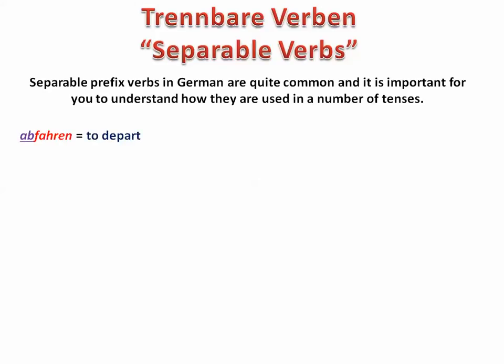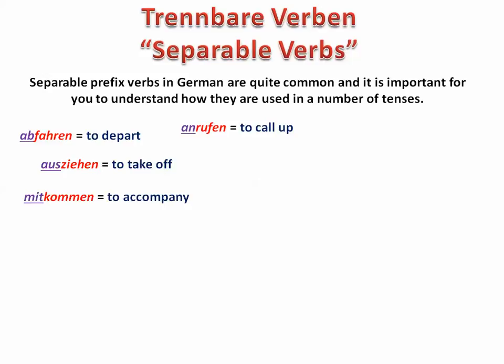So before we start, let's look at some common separable prefix verbs. There are a number of different separable prefixes. Some of them will be represented here, such as ab, an, or zu. So for example, abfahren, to depart, ausziehen, to take off, anrufen, to call up, mitkommen, to accompany, anziehen, to put on, ausziehen, to take off,